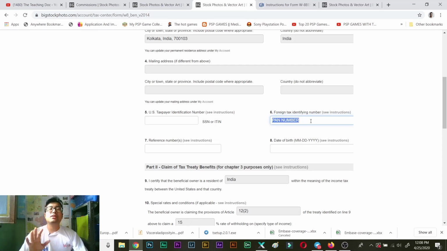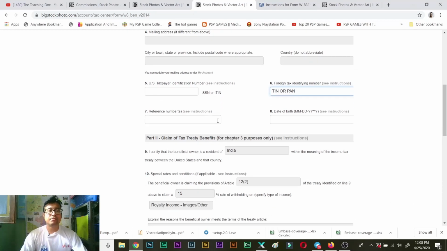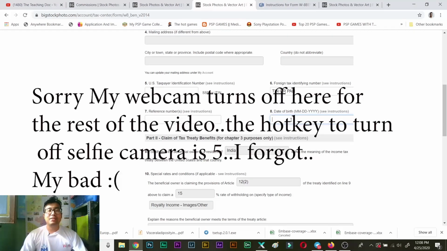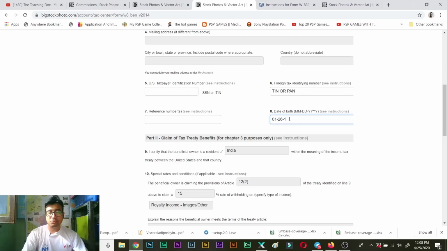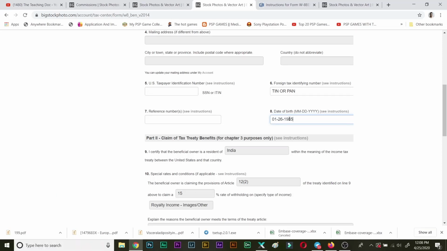If you have applied for TIN, then you need to fill your TIN number. So TIN or PAN you can fill up over here. Then you need to fill up your date of birth. My date of birth is 26 January 1985. The format is month, date and year. So January will be 01-26-1985.